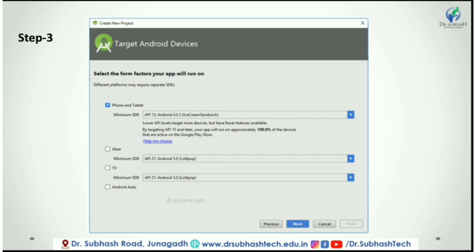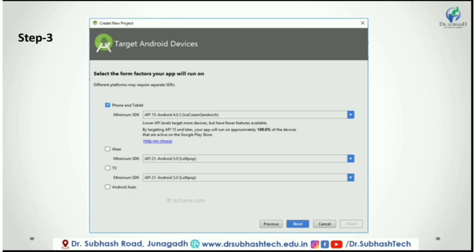Here we need to select the type of platform which we are going to use for the application development. If we select phone and tablet, then it will show its different API and SDK versions, and similarly for others. If we choose TV, then it will show its API and SDK version.